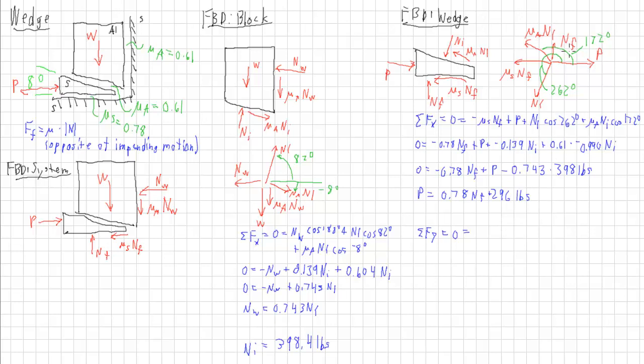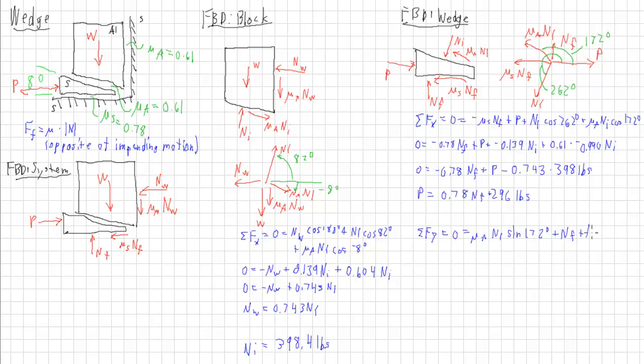So we just have mu A Ni times the sine of 172 degrees plus NF. That's totally vertical, so we don't have to worry about its angle,